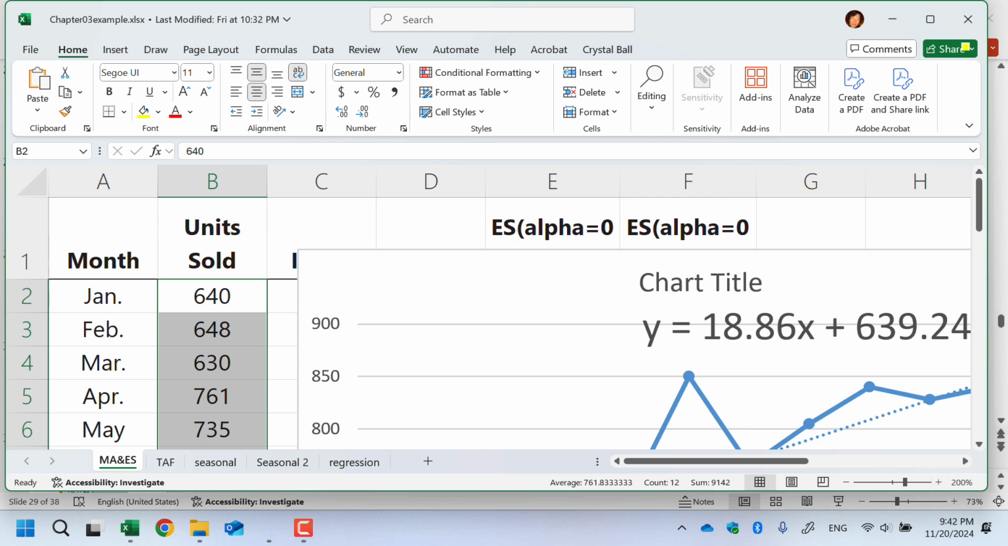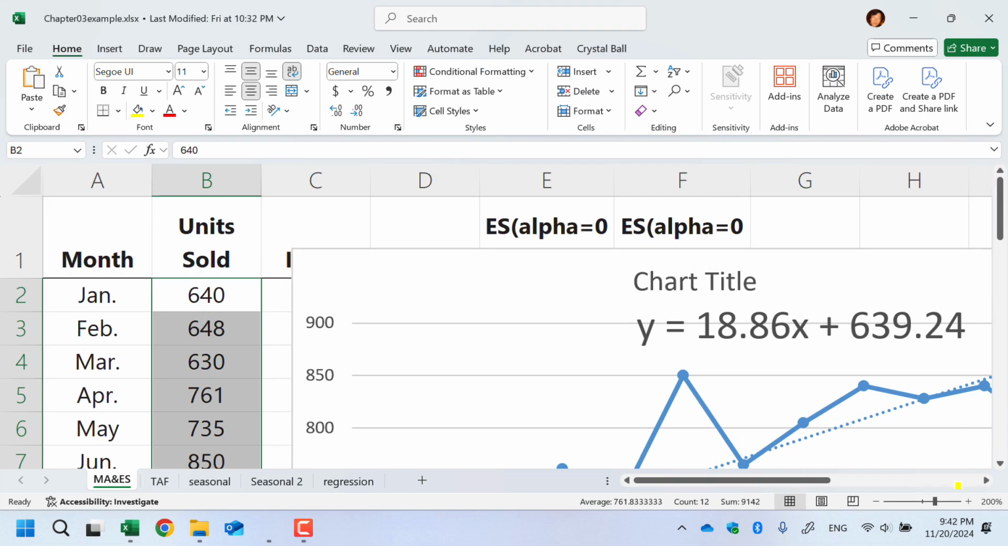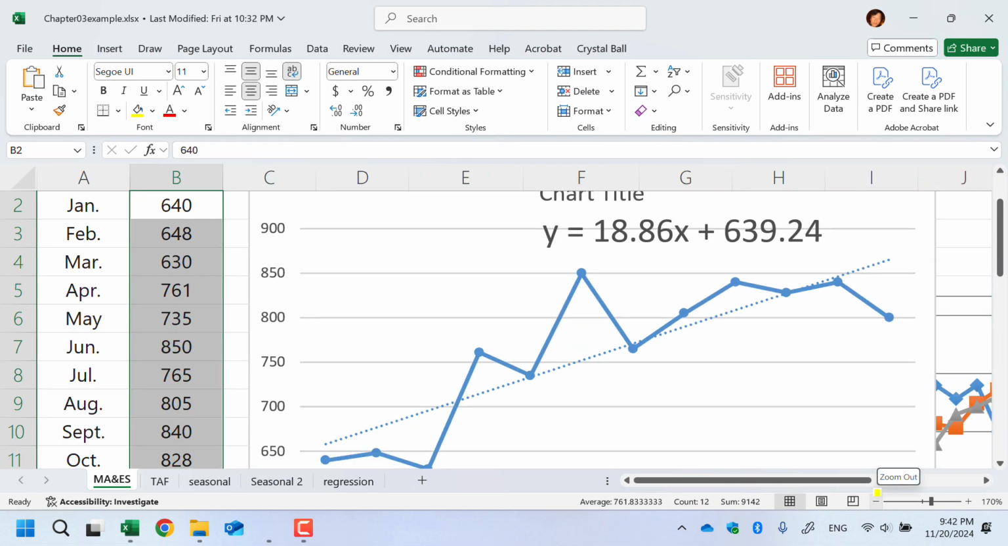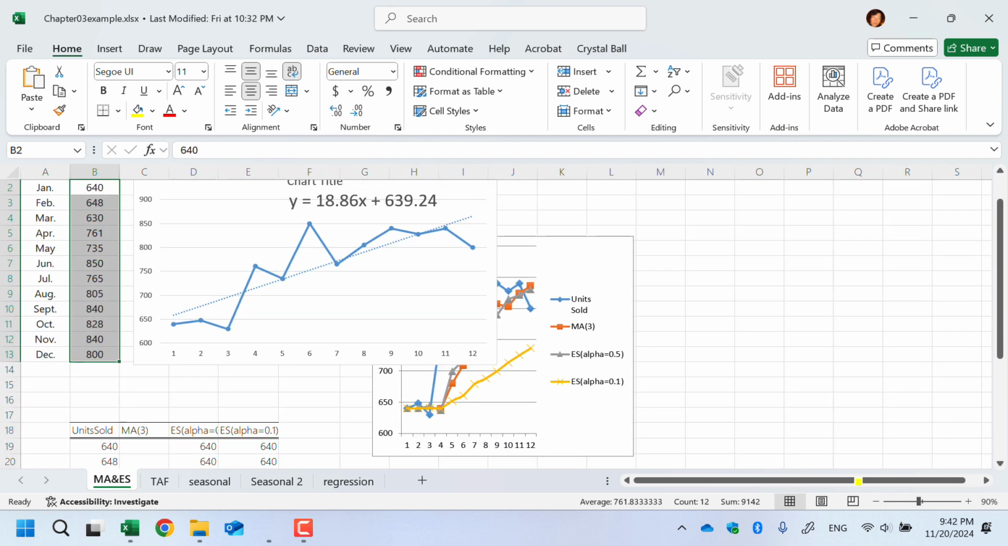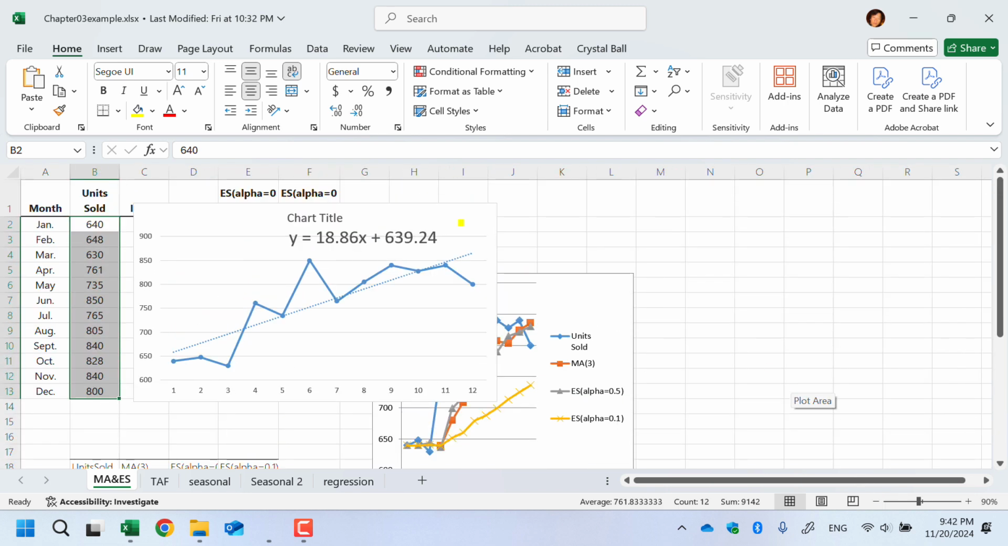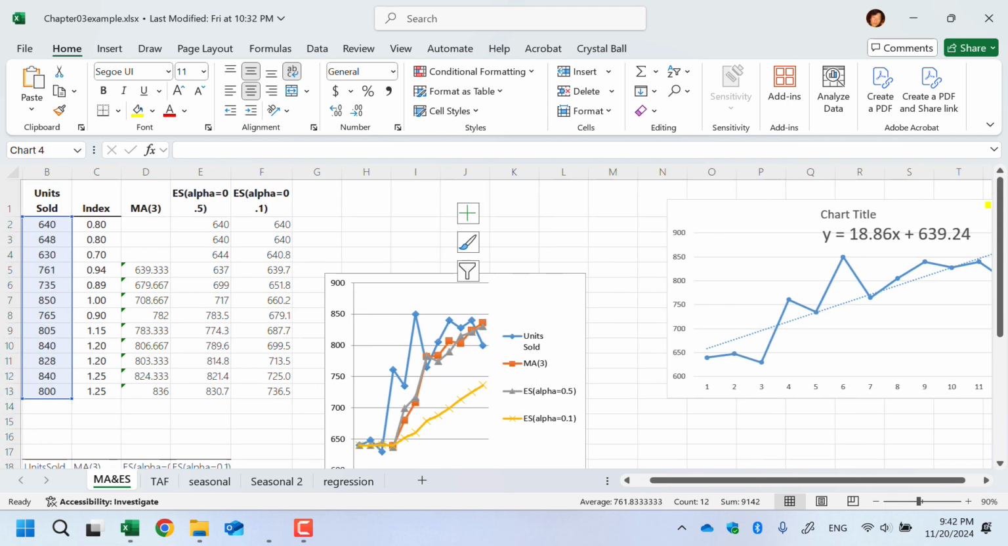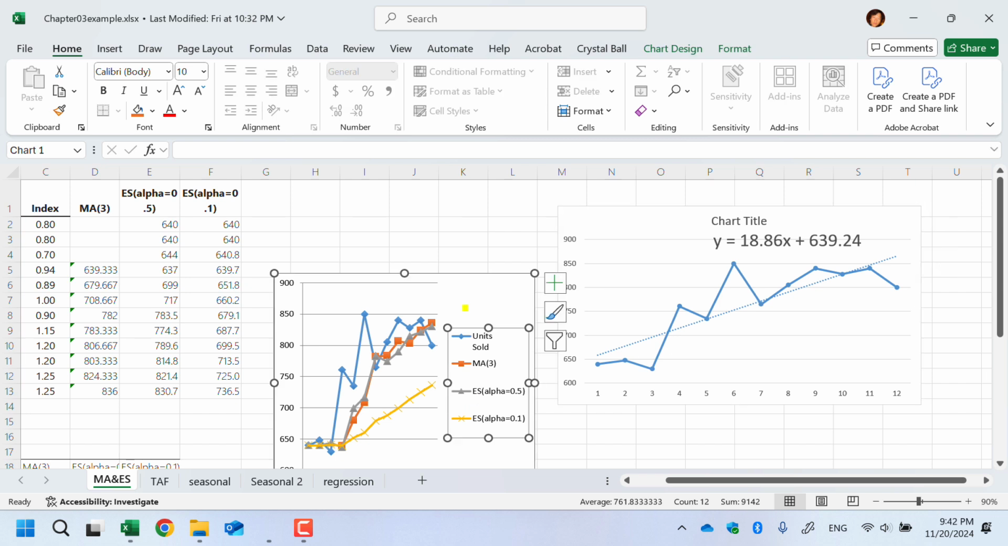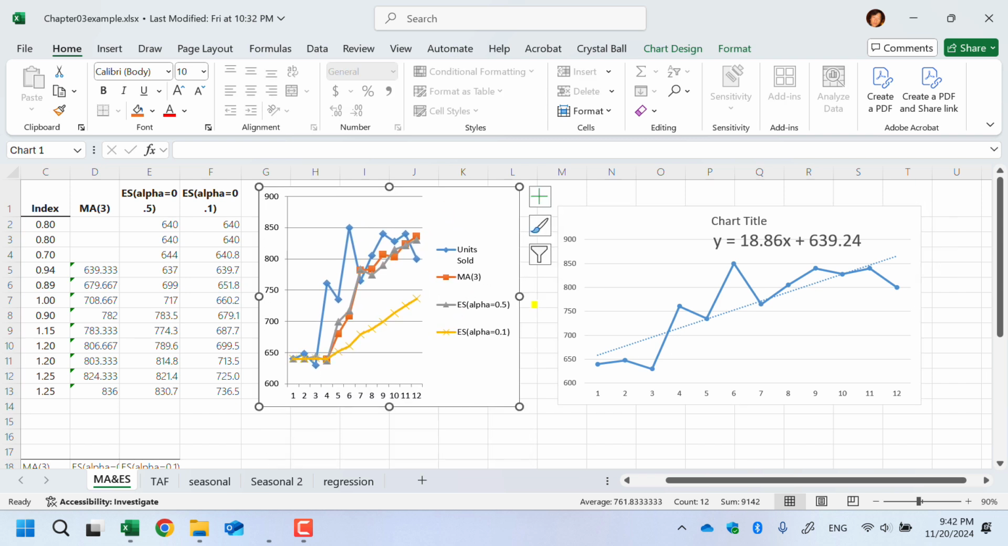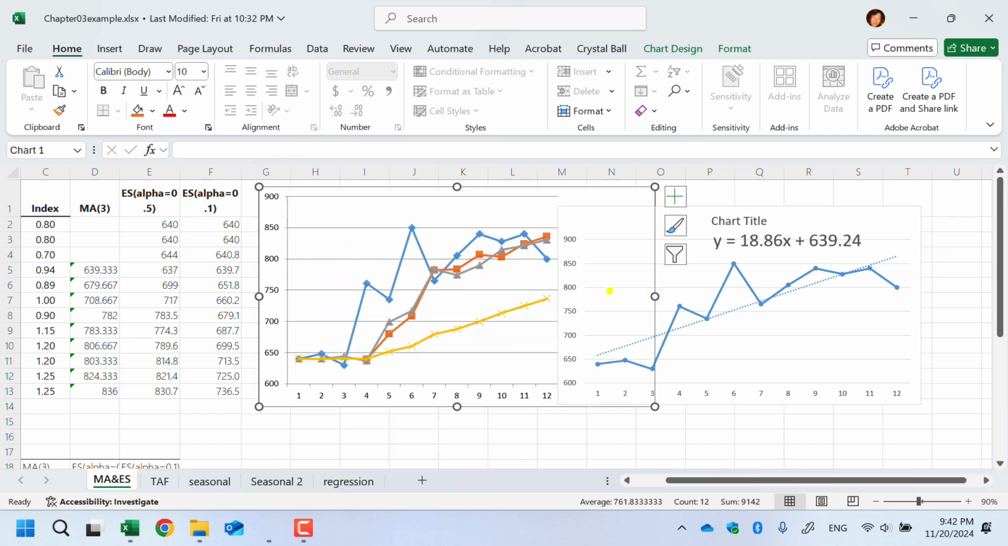Okay, this is the... I'm gonna make it smaller. This is the data file for what we have in the slide. Okay, you can see